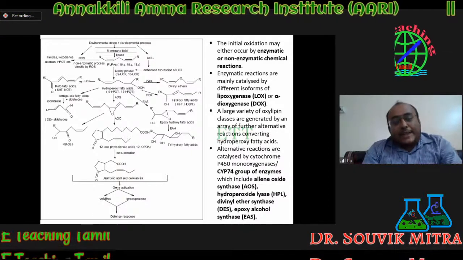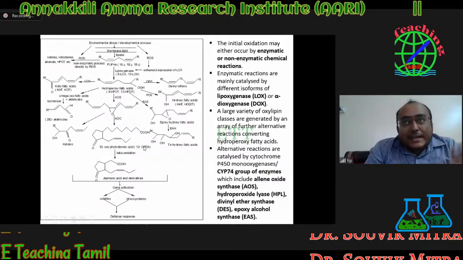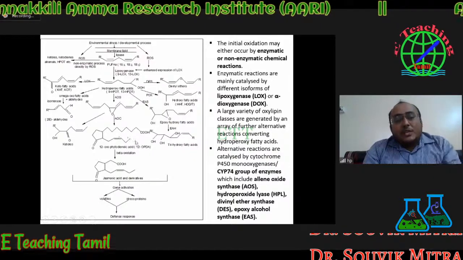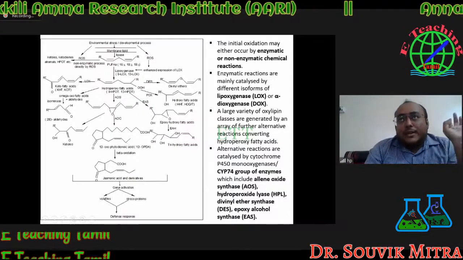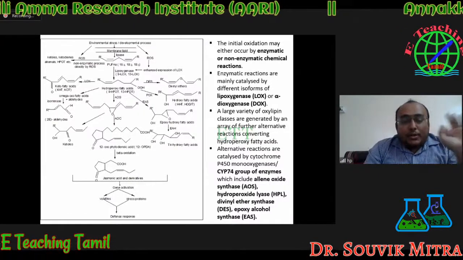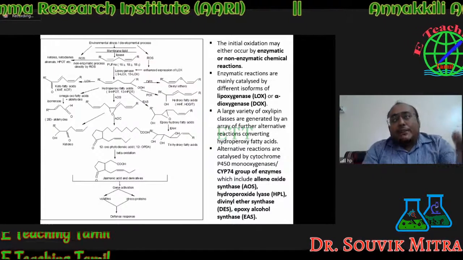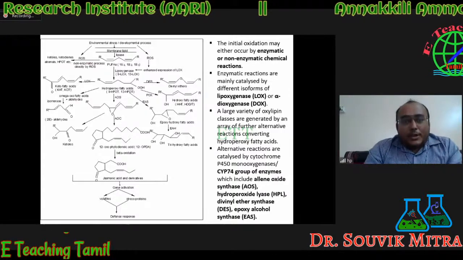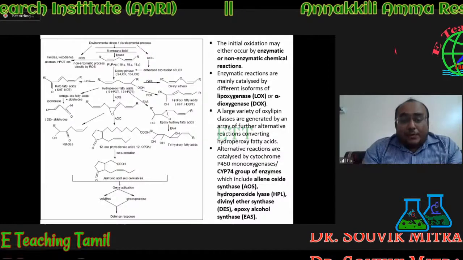So that is the modified fatty acid I was talking about when I was talking about the esterified oxylipins. In the case of esterified oxylipin, this 12-oxophytodienoic acid will be present attached to the glycerol molecule or backbone molecule. From this 12-oxophytodienoic acid, gradually jasmonic acid will be formed. So this is the overall oxylipin metabolism pathway.